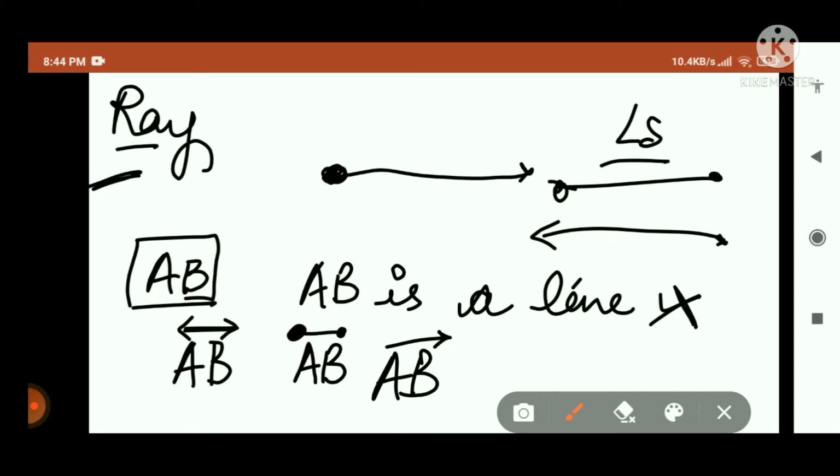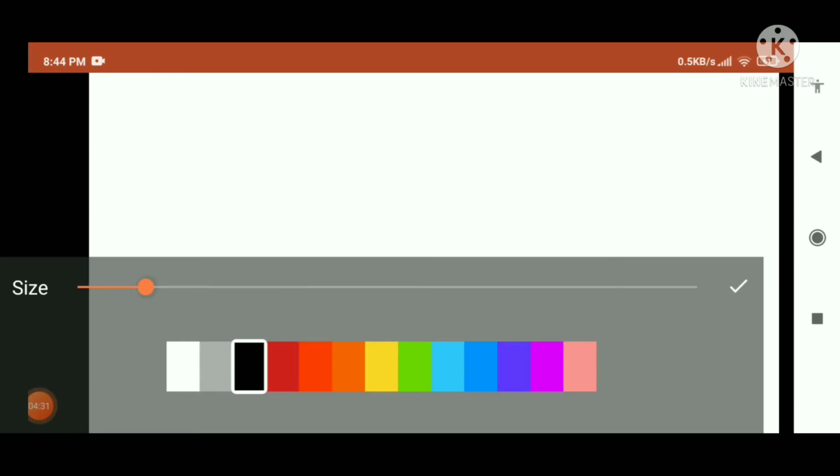Okay, this much I hope is clear to you. Now next thing, what is a ray? A ray is a line which is having one end point. Okay, that is ray, we have discussed. Now we are going to discuss angles. So let us discuss angles. What are they? So angles, if we talk about